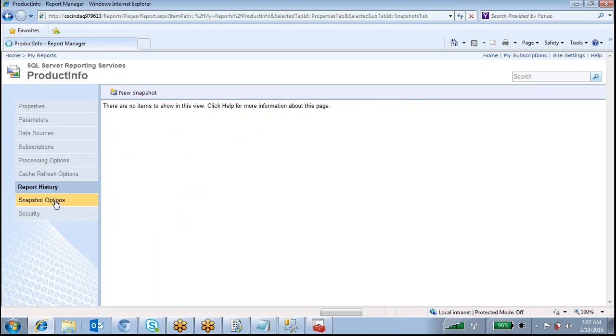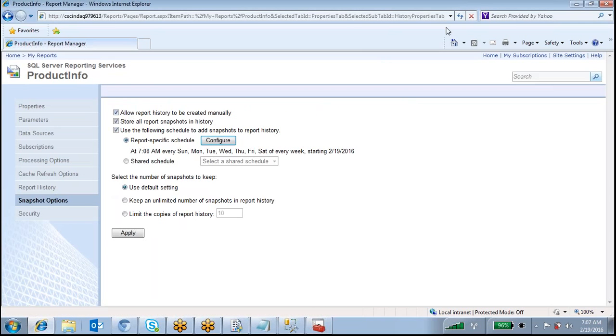Where we have enabled this report history option, daily at a particular time, whatever snapshot report is going to execute, it will add into this report history. You can see all these daily executed reports, it will save those reports there. That is about the snapshot and caching.